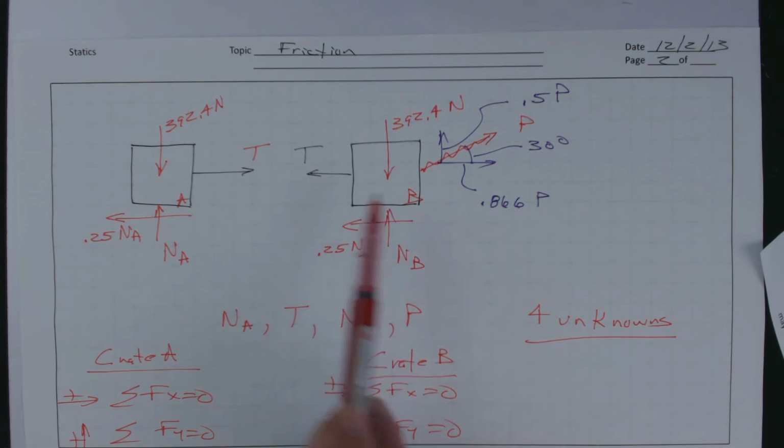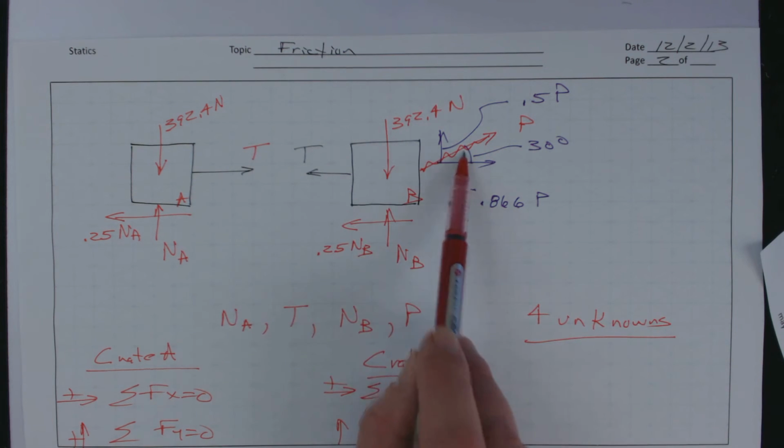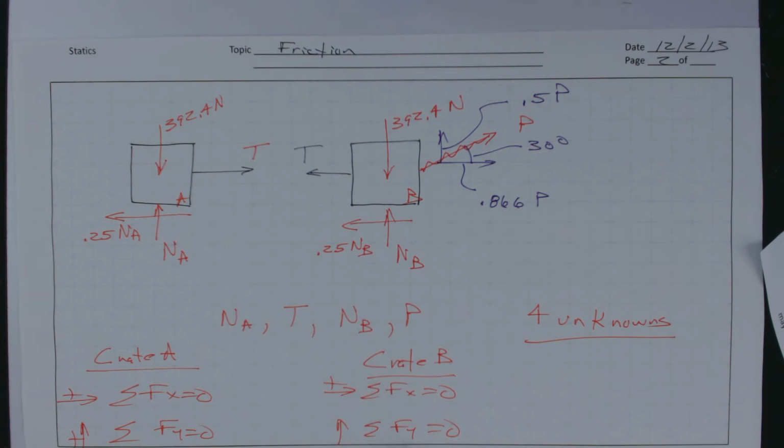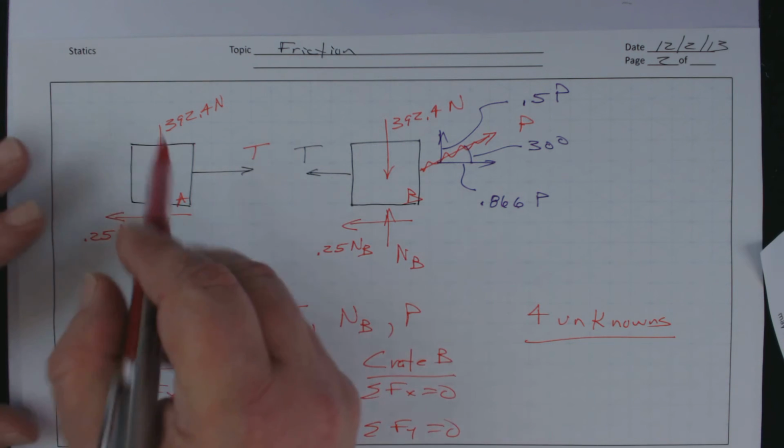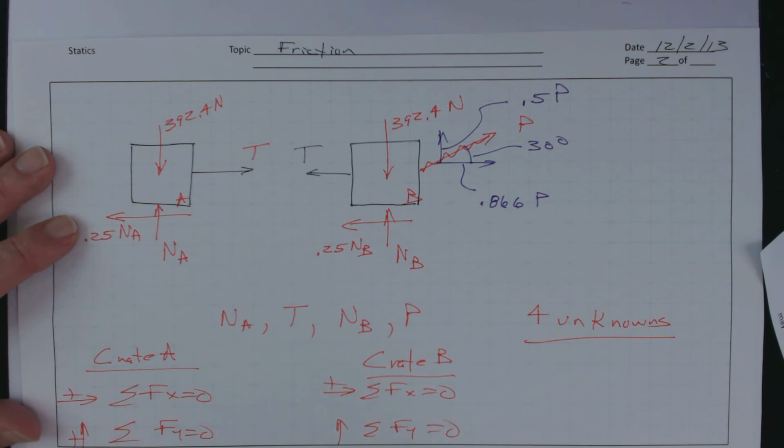If I start with this crate, I've got 1, 2, 3 unknowns, but only 2 equations, and so what I'll be left with there is equations that are useful equations, but they would then have to be combined with the equations from this one in order to get the solution. So it makes sense